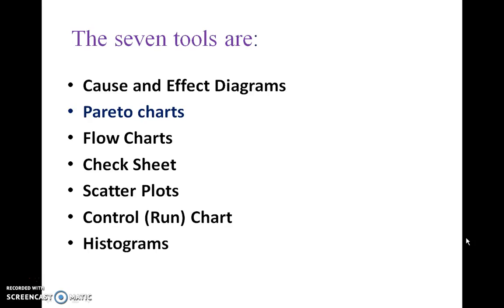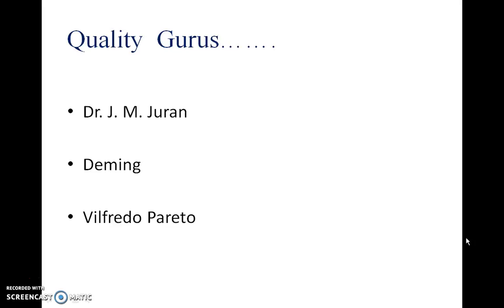Today we'll study the quality control tools. There are 7 tools: cause and effect diagrams, Pareto charts, flow charts, check sheets, scatter plots, and so on. Today we'll study the Pareto chart, and also we'll remember the people who have contributed towards quality